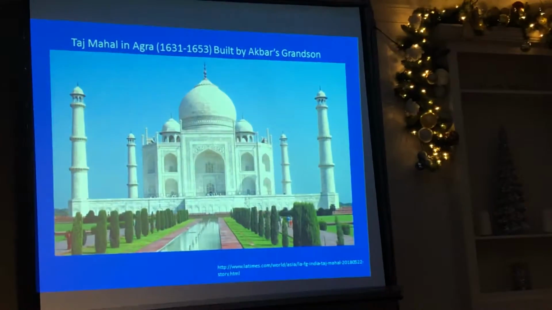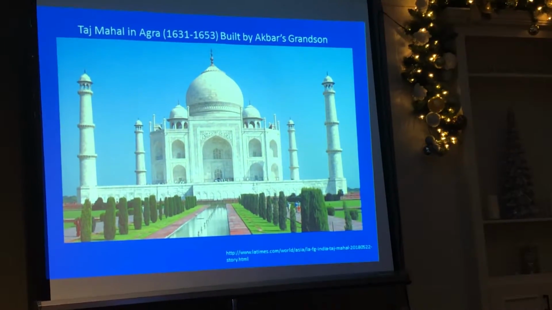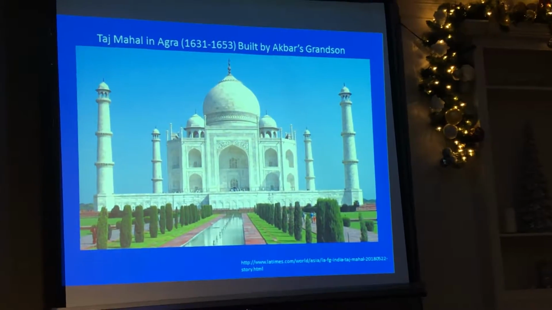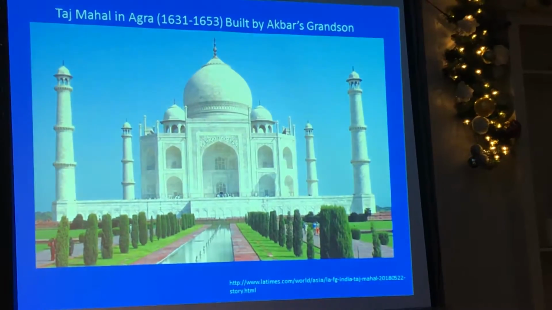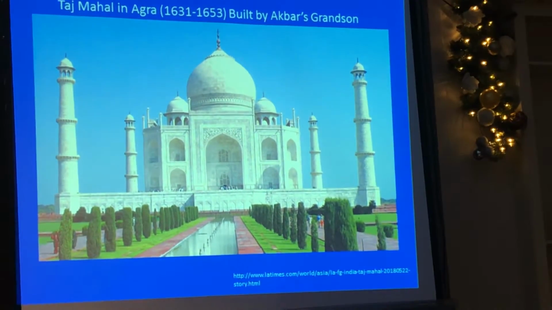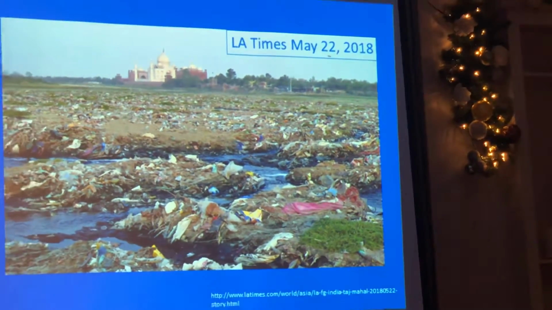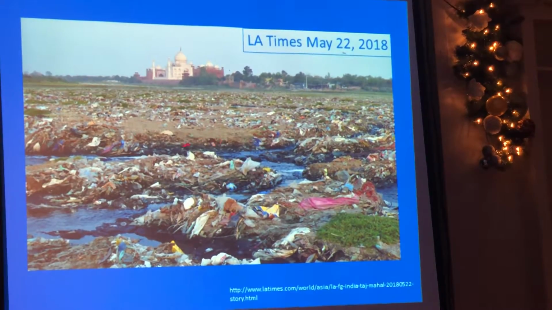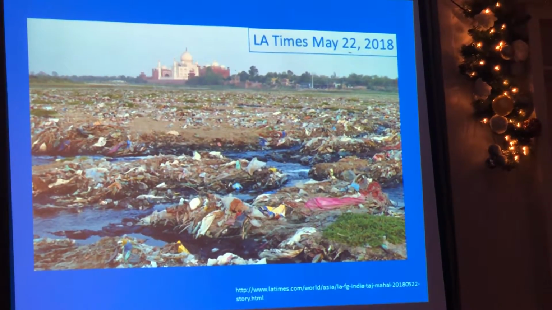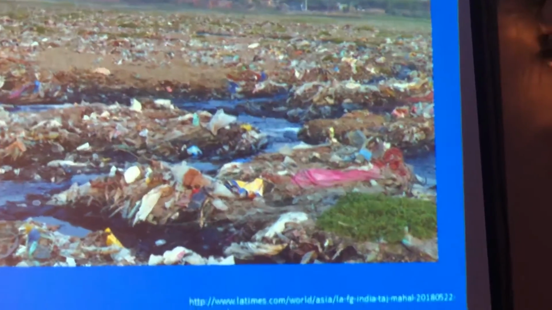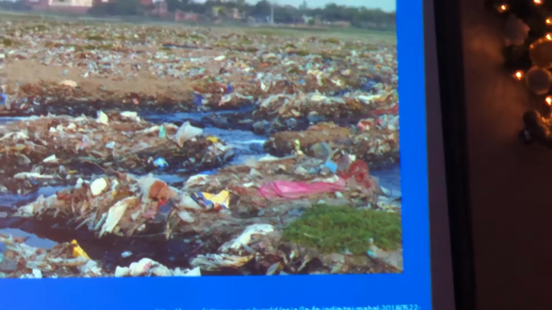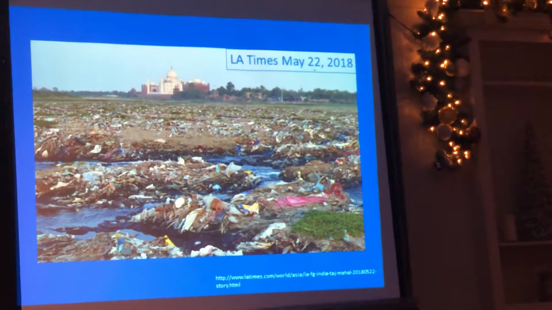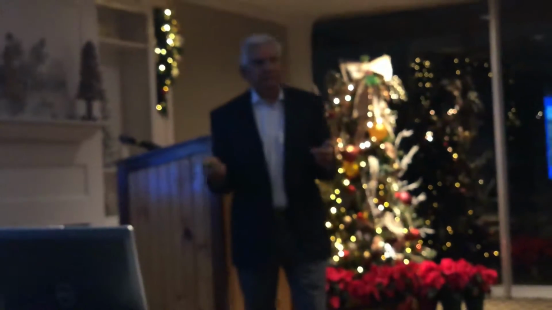Of course, many of you have seen, and if not, you see this picture, and that was done by his grandson. And I know many of you have been there, but this was in the LA Times. So it's the same river that goes from Agra and in Delhi. But during the summertime, first of all, they've diverted the water, it's highly polluted, and you can see hardly any water is left. And I just saw yesterday there was a big concern because when the Emperor Shah Jahan built this,